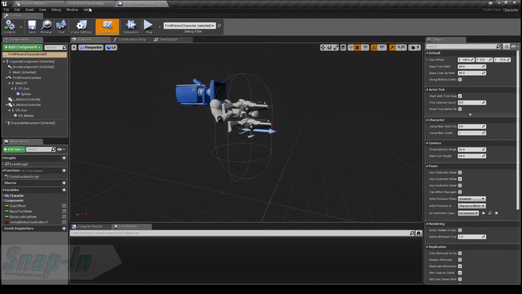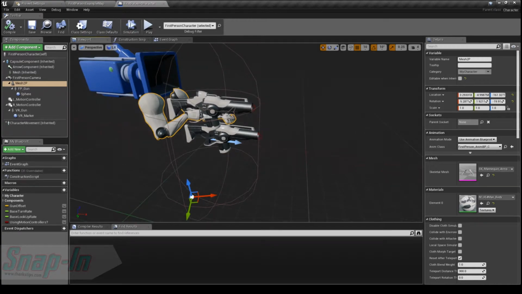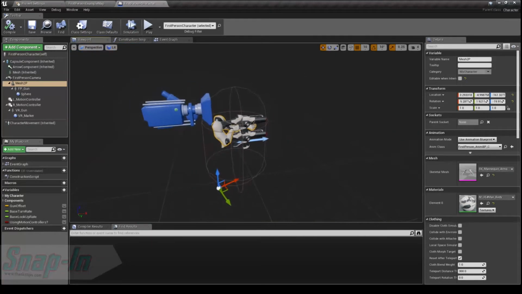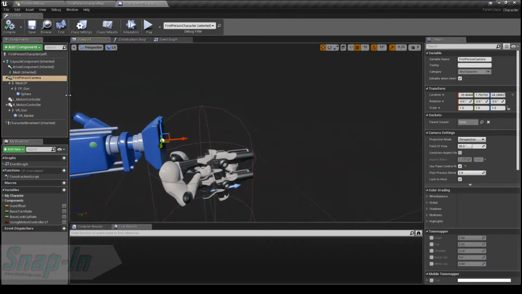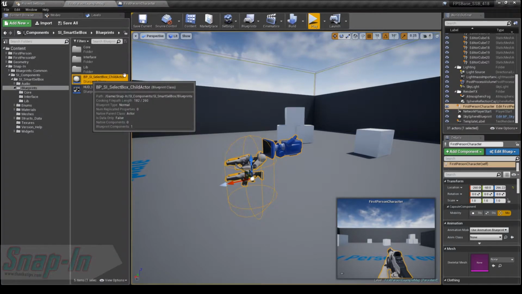And what we want to do is add the select box component either to the mesh if there is a mesh, or if your game doesn't have a mesh, like it's a floating pond or something like that, and you just have a camera view, then add it under the camera. In this case we have a mesh, so we're going to add it to that. Add child actor,